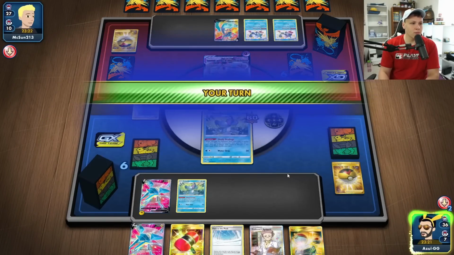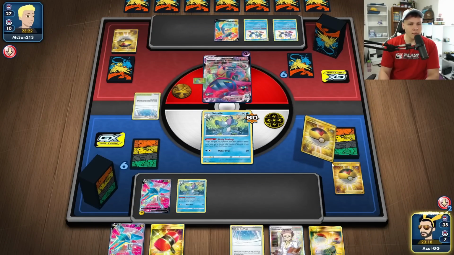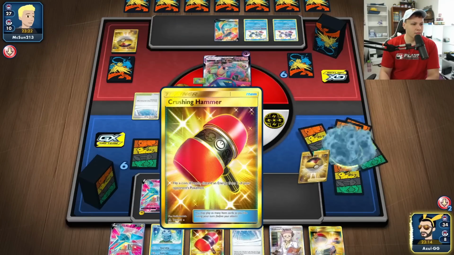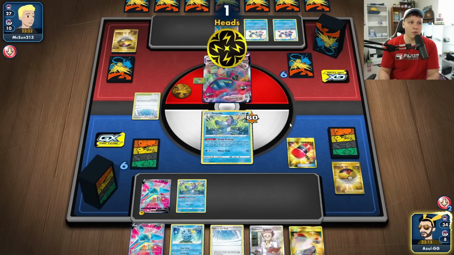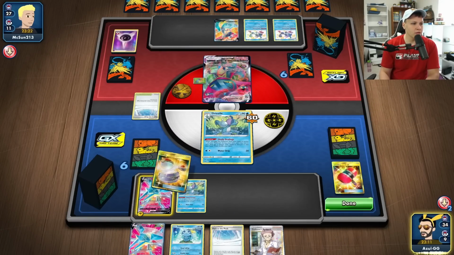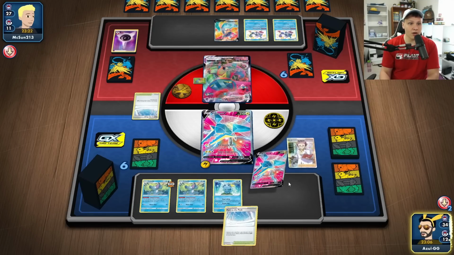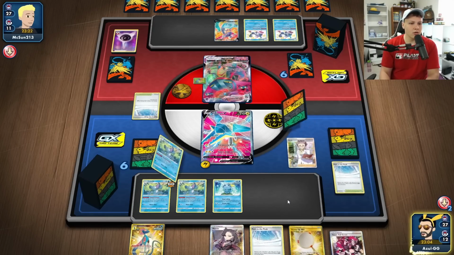Okay, so pretty good for us. Level Ball here can get a Sobble. And we have plenty of Vikavolts left. I'm going to go ahead and play a Crushing. Get a heads, of course. All right, perfect. Switch into my Vikavolt. Now, we're not going to bench this Vikavolt here because my opponent could Boss it and trap it. And we just used our only switch. So we don't want to...